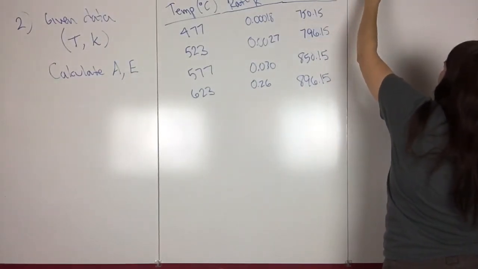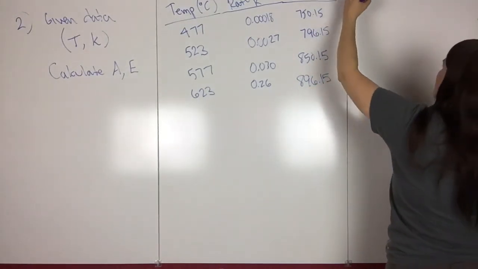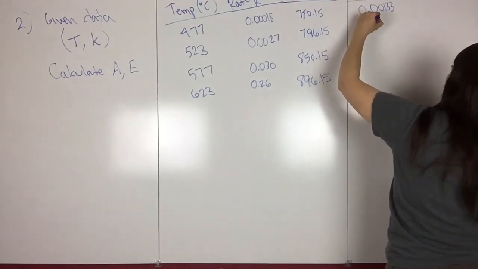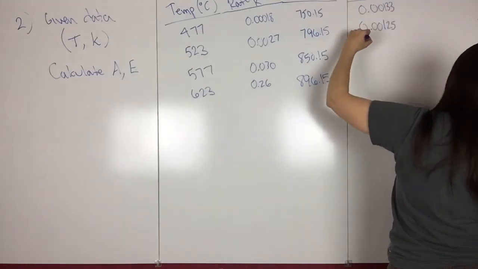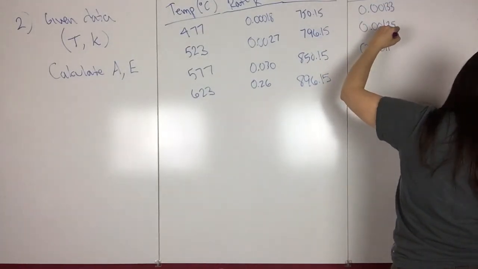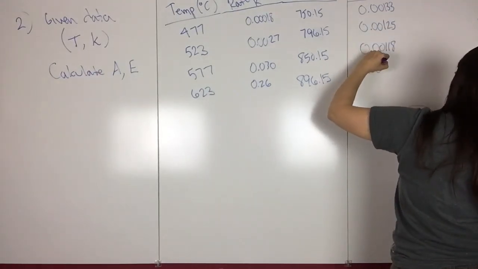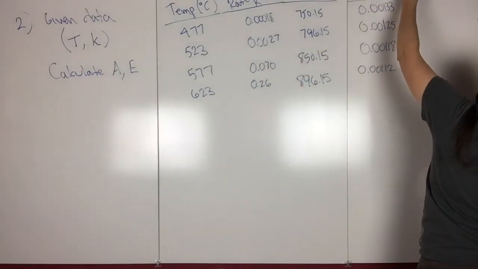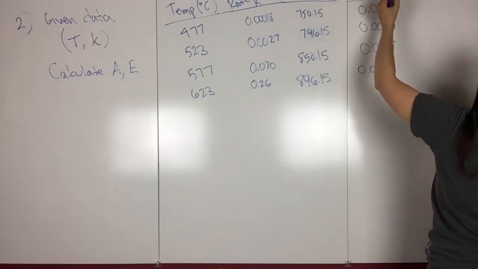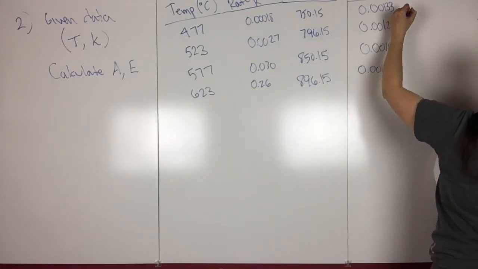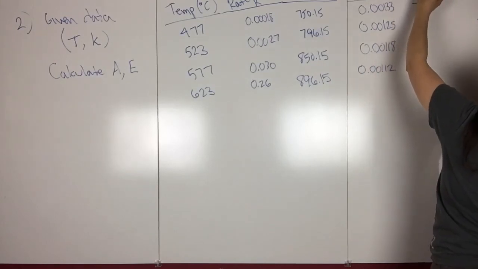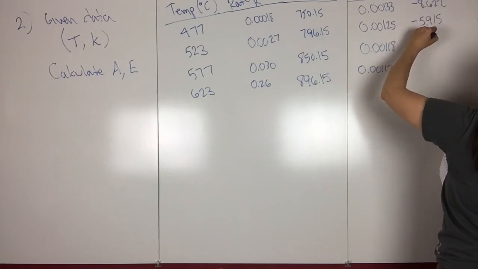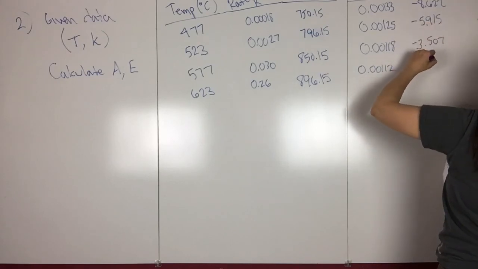So then we can calculate 1 over a temperature, and remember this is the Kelvin temperature. So what I got for that was 0.00133, 0.00125, 0.00118, 0.00112, and then we need the natural log of the rate constants, so ln K, and so this was minus 8.622, minus 5.915, minus 3.507, minus